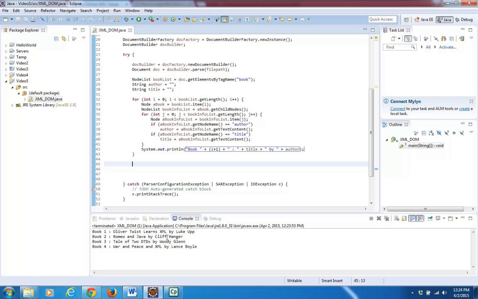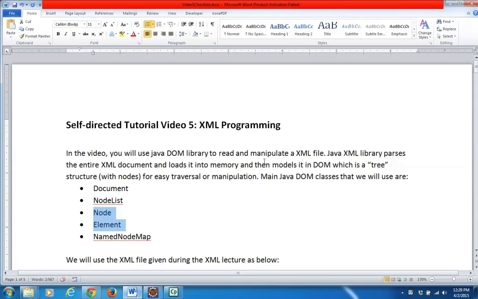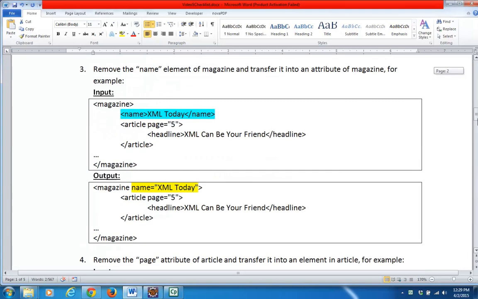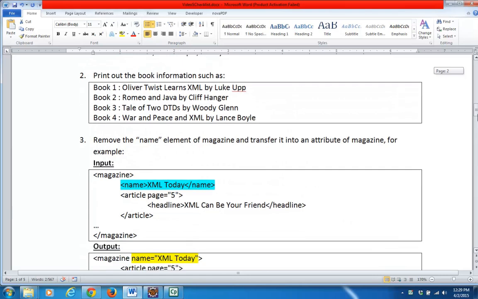Okay, so that's the first step, which is done. I get all the books, go into the child nodes, and then get the information. I get the author content and the title, put them in temporary variables, and then I print out the book for each loop. So we finish number 1. Alright, for the second operation,